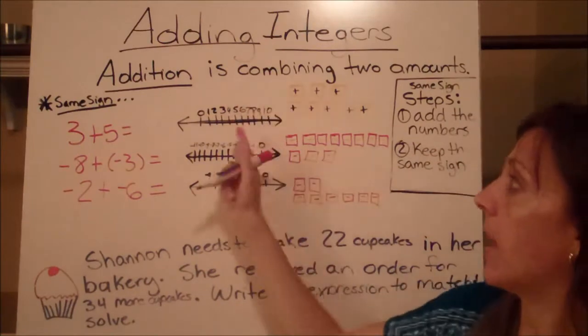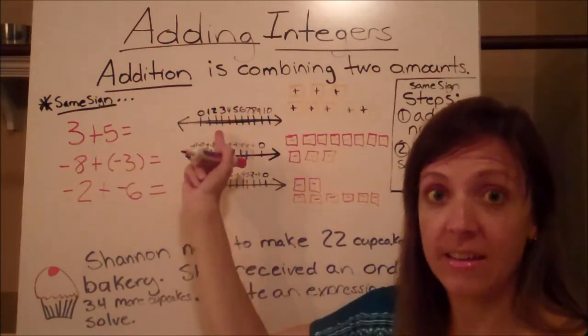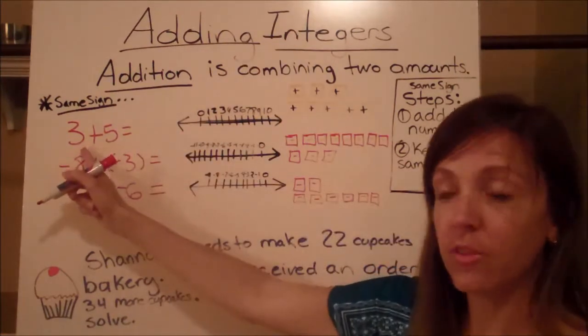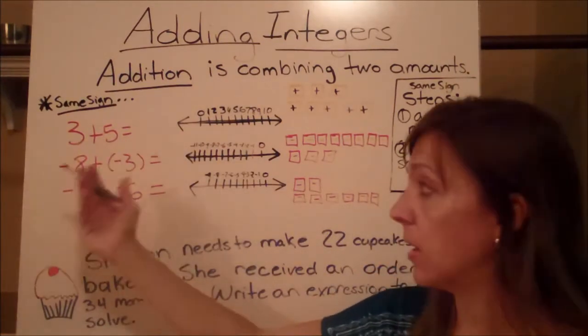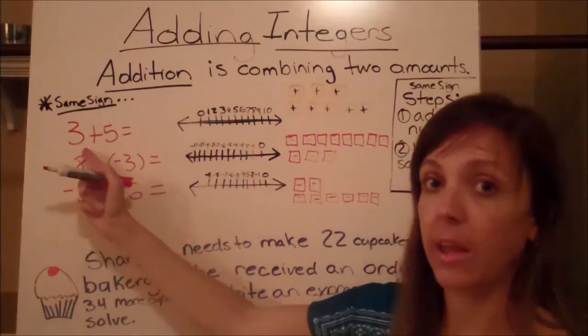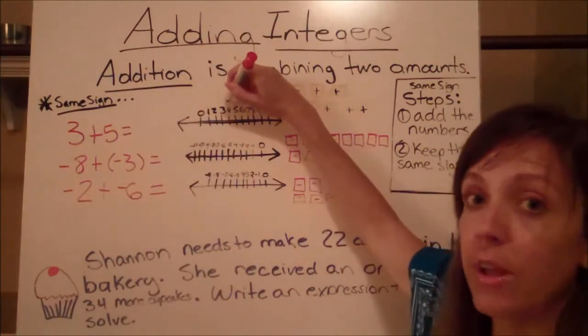Let's go to our number line and use the number line to add these positive integers. We could start with this first number or the second number. It doesn't matter where we start on the number line. I'm going to go ahead and start with the first number, 3. So I'm going to go to 3 on my number line,